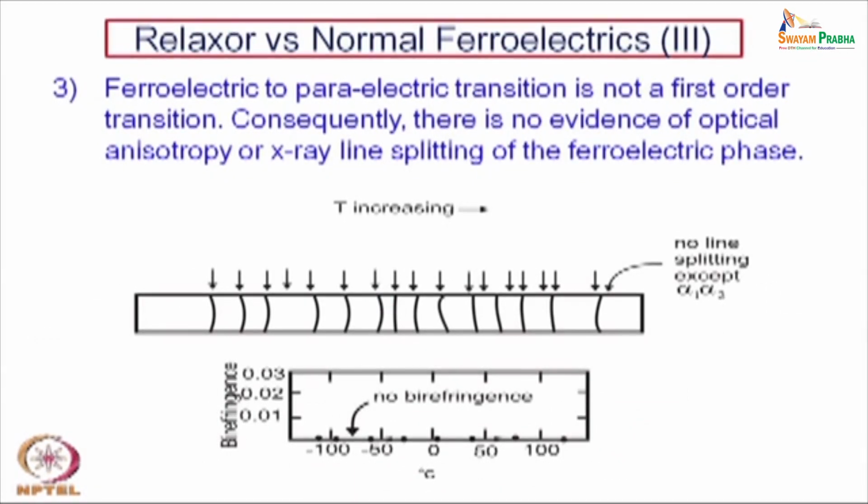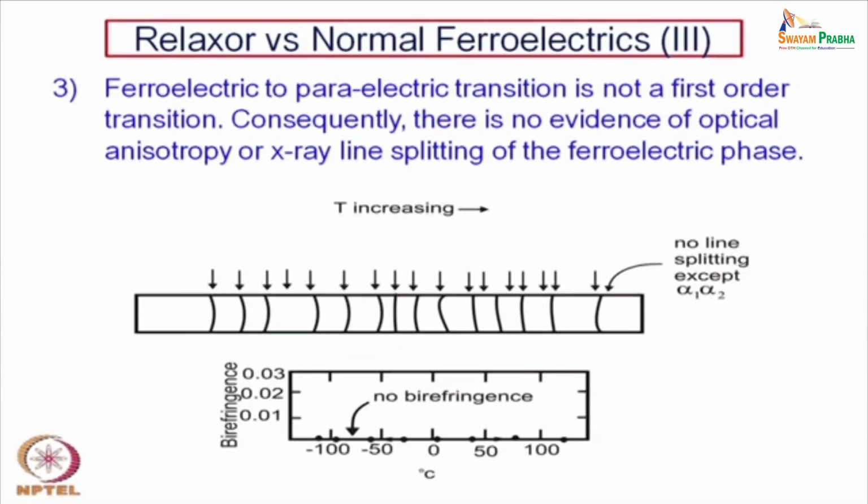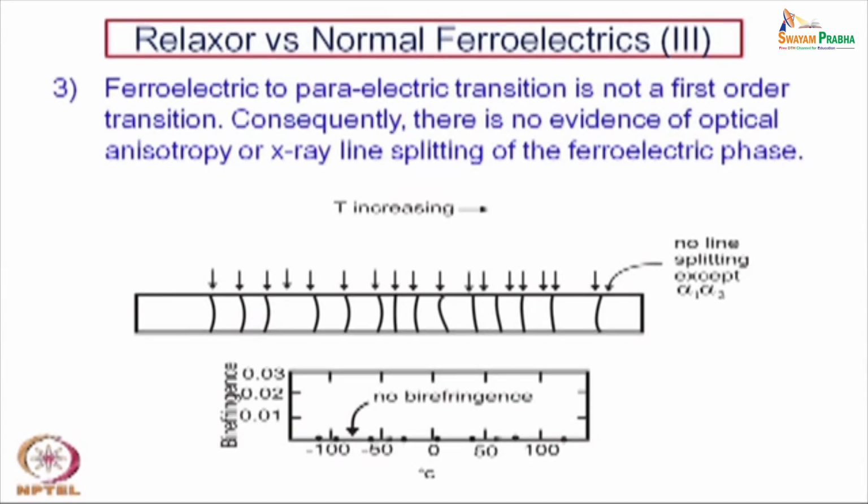Consequently, there is no evidence of optical anisotropy or X-ray line splitting of the ferroelectric phase. These are two very important consequences of the ferroelectric transition